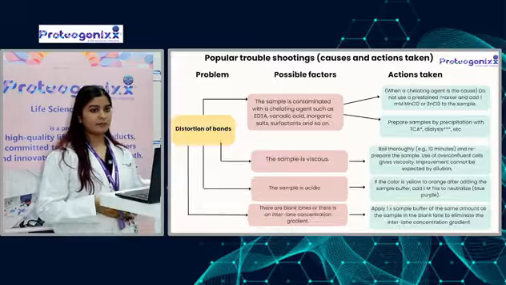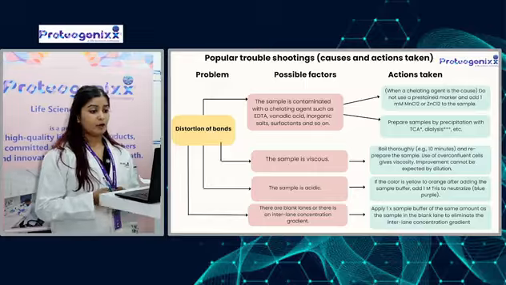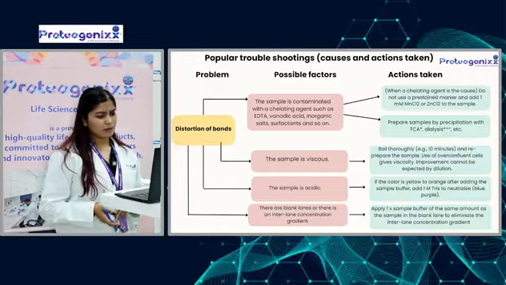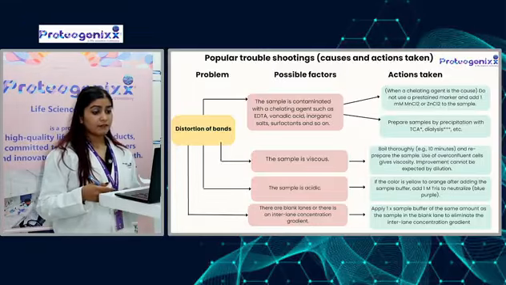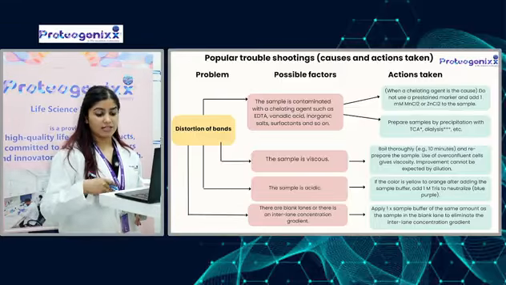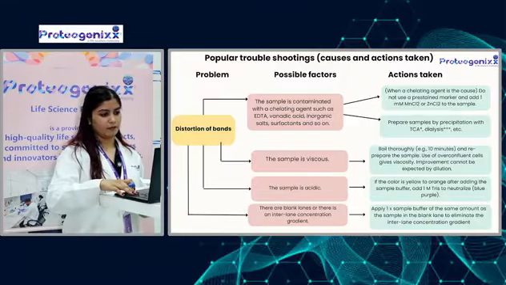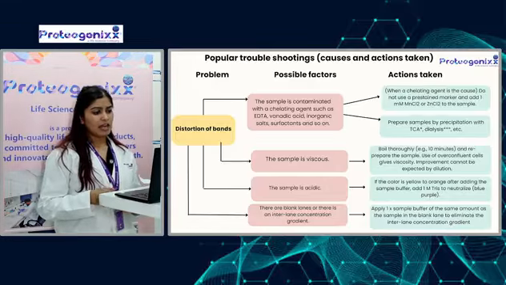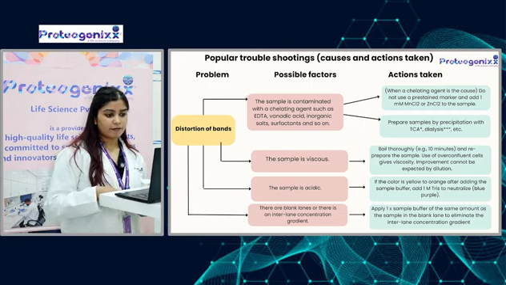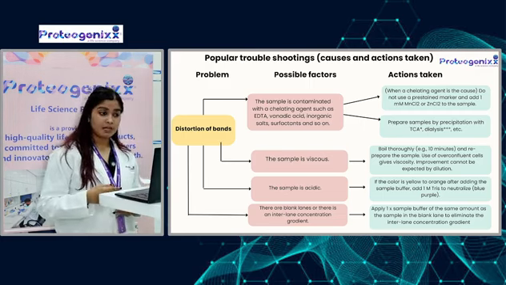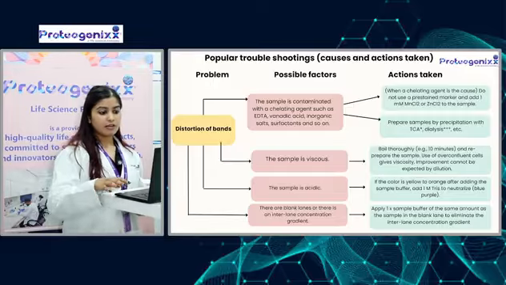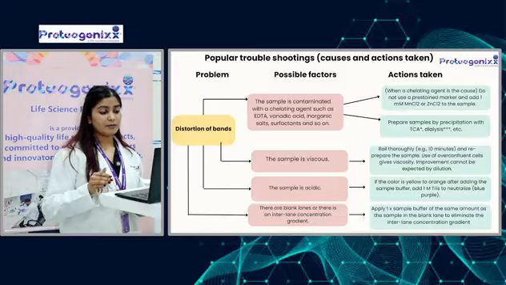Next, when your sample is viscous, you should boil it thoroughly for at least 10 minutes. This happens because of overconfluent cells. If the viscosity still persists after boiling, you have to re-prepare your samples, because dilution alone will not resolve the problem. Now, if the color of your sample changes to yellow after adding the loading buffer, this means that your sample is acidic. To correct that, you should add 1 molar Tris to your samples to bring the pH to slightly